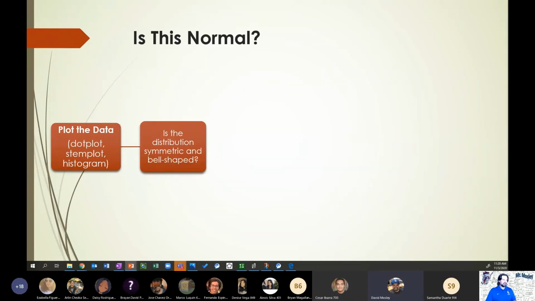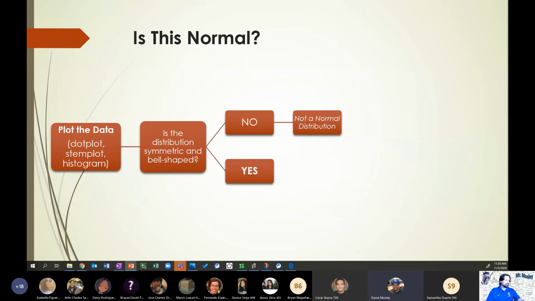Then ask yourself, is the distribution symmetric and bell-shaped? If it is not, then it's not a normal distribution. It fails the first part of the test. If it's skewed, it is definitely not normal. If it is bimodal, not normal. If it is symmetric and bell-shaped, it passes the first part, and then we need to check whether the data